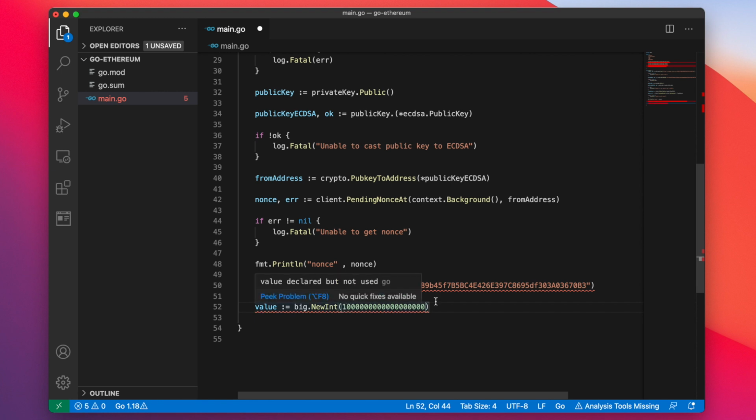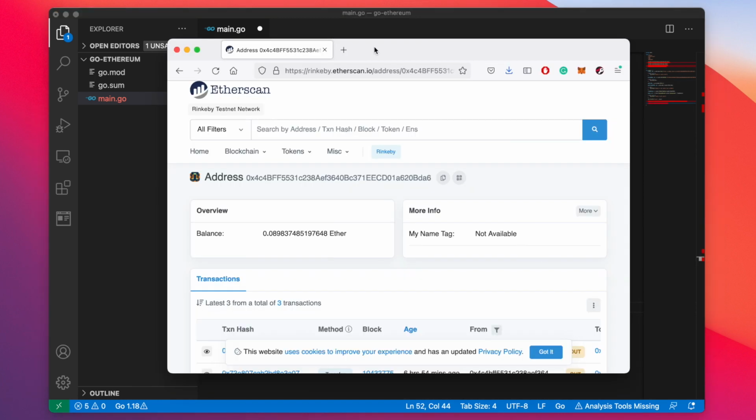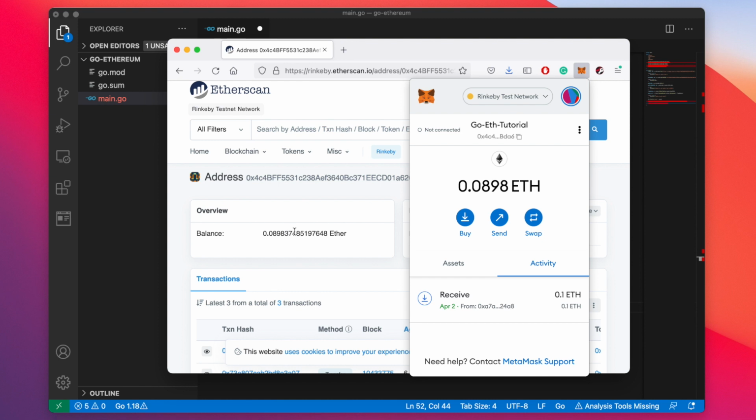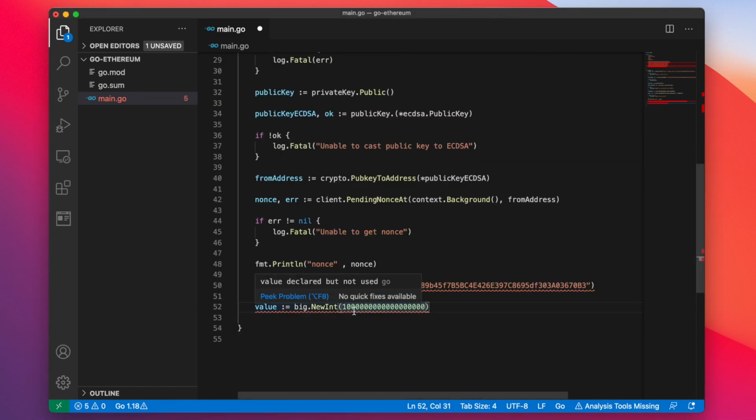However, we don't have 1 Ether in our test account. As you can see, we only have 0.098 Ether. We're not going to send 1 Ether. We're going to send something very little. Let's just say 1,000 wei. Perfect. So now that we have our value defined, or the amount that we want to send,